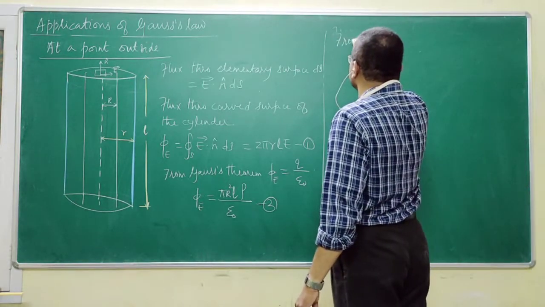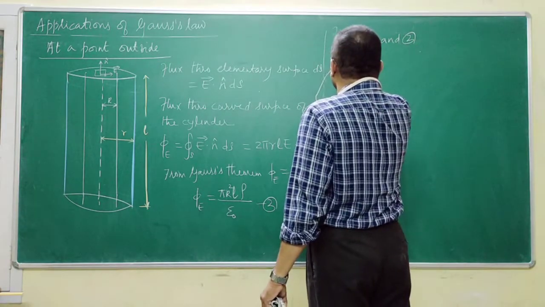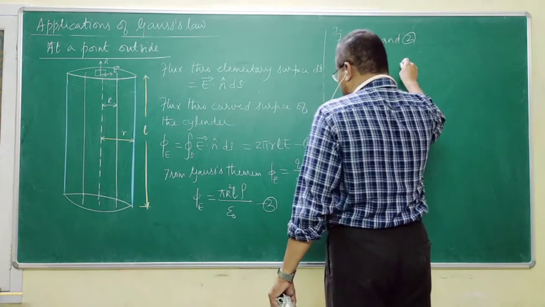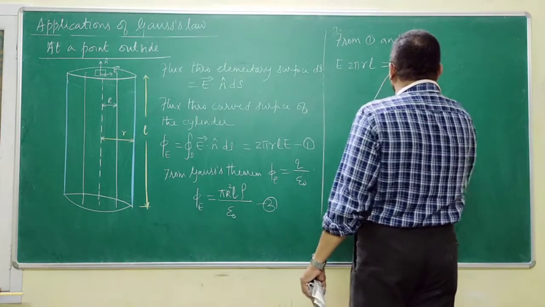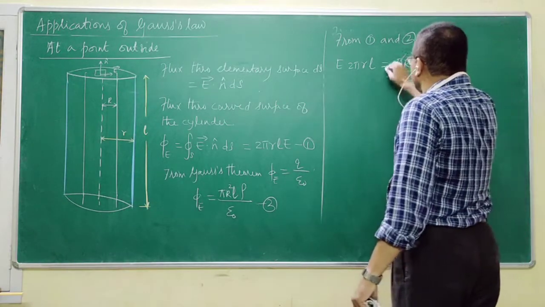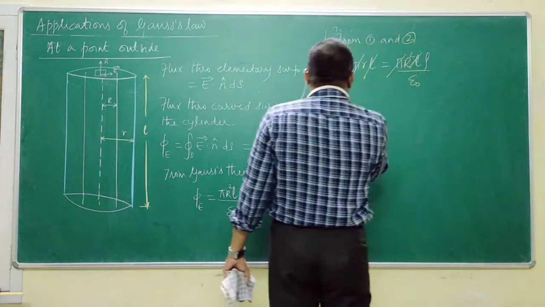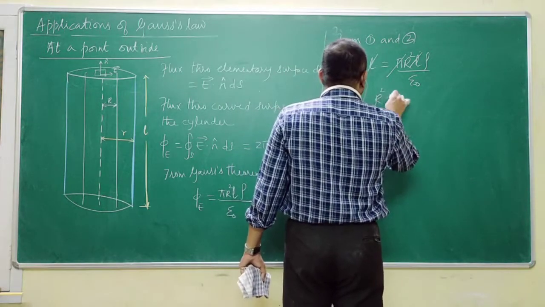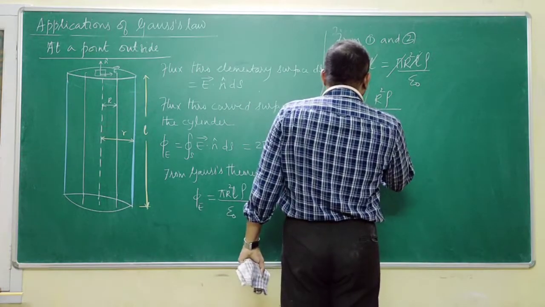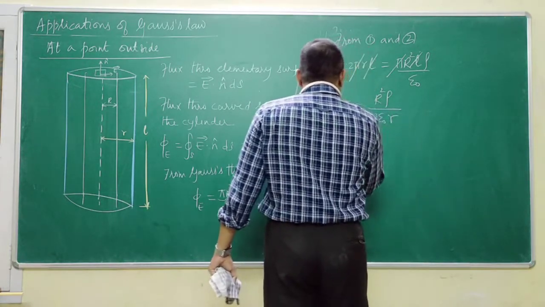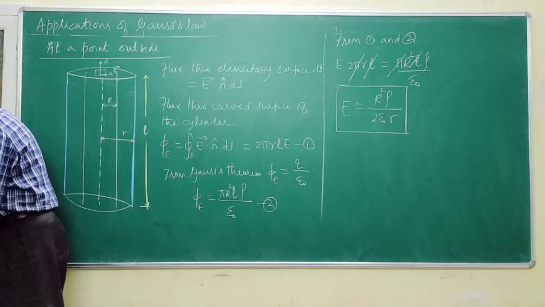From 1 and 2, E 2 pi r L is equal to pi R squared L rho by epsilon naught. Pi L goes off. So we end up with E is equal to R squared rho by 2 epsilon naught r. That will be the electric field intensity at a point